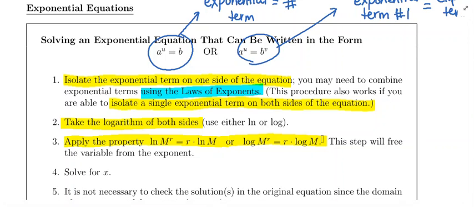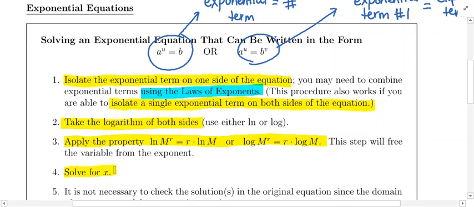Okay, then once the variable is freed from the exponent in step 4, you'll be able to solve for x, or whatever variable you're using. Okay, all right, in step 5,